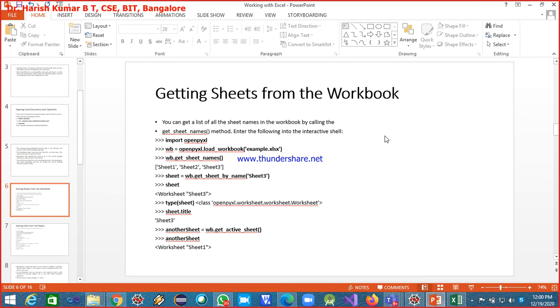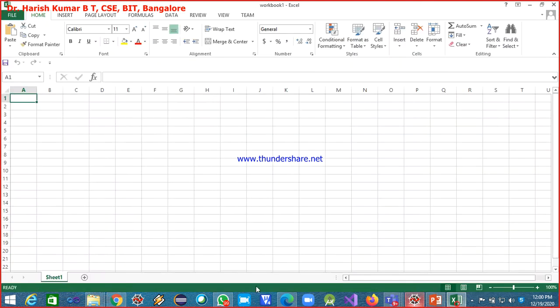Next, now you understood how to get the workbook. Now after getting the workbook, how do we get the sheets? You can have multiple sheets inside it. We'll go for creating a few sheets. So I'll rename this sheet as accounts.